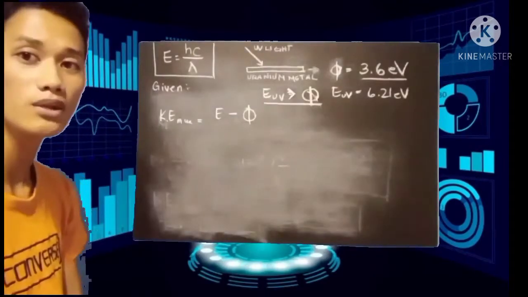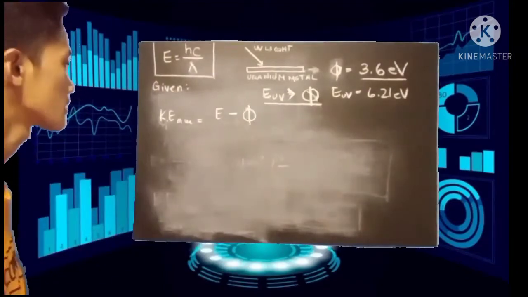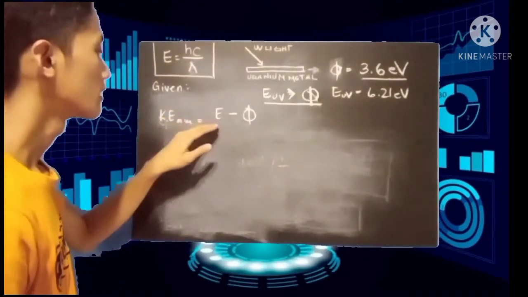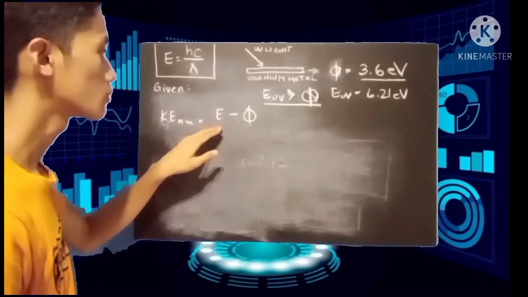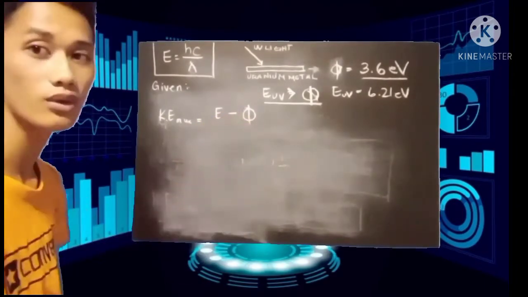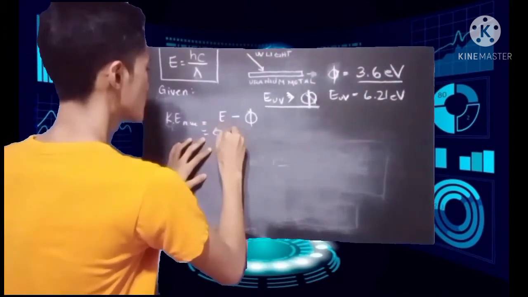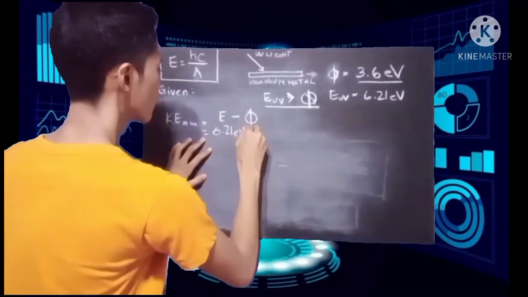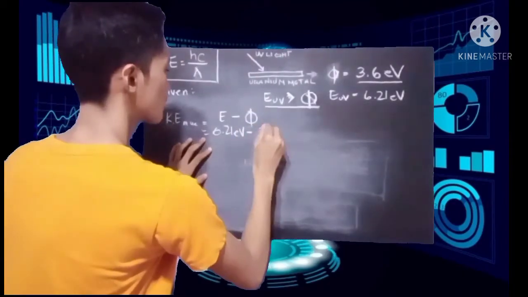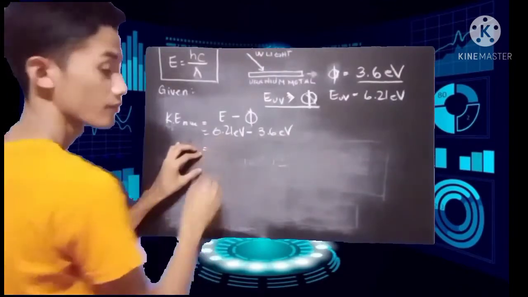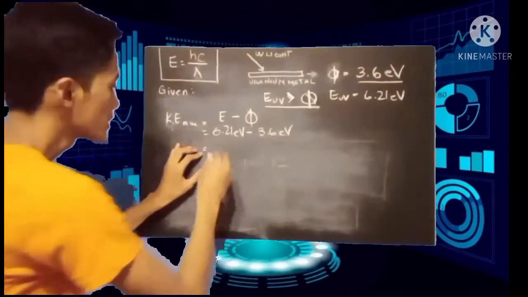We will simply use this formula: the maximum kinetic energy is equal to the energy of the incident light minus the work function. So we will have 6.21 electron volts minus 3.6 electron volts. So this will be 2.61